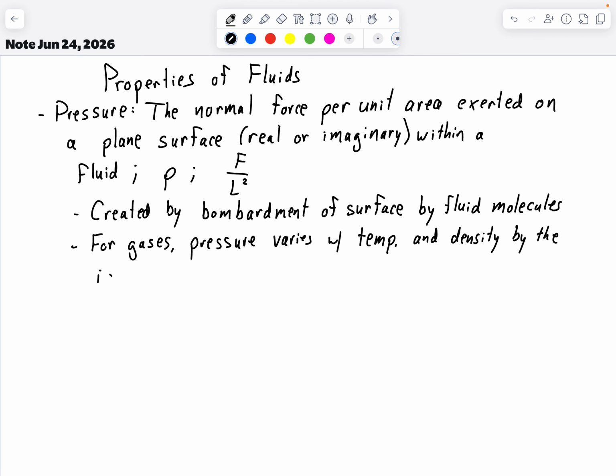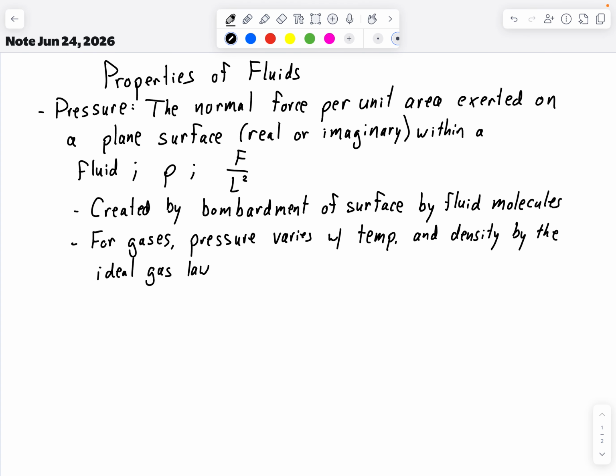Just to review what the ideal gas law is, we have PV is equal to nRT,